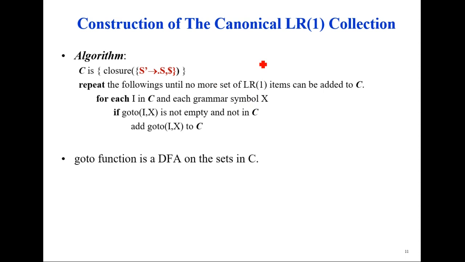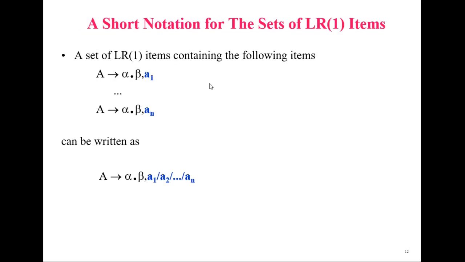This is the procedure for constructing canonical LR1 collection. The starting point is from the kernel item. This is called kernel item. The kernel item is S dash tends to dot S. This is the extra rule, and we have added the look ahead. That look ahead is dollar, where dollar is the special symbol. This is the starting point of the canonical collection item, and the closure operation and goto operations are repeatedly computed for computing this collection set. And if we have rules where the core parts are the same and the look aheads are different, we can combine all the look aheads. This is the procedure.